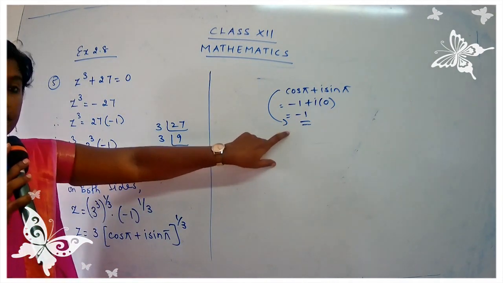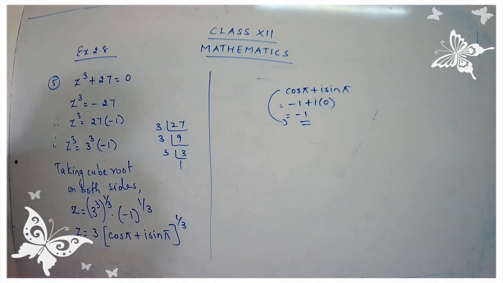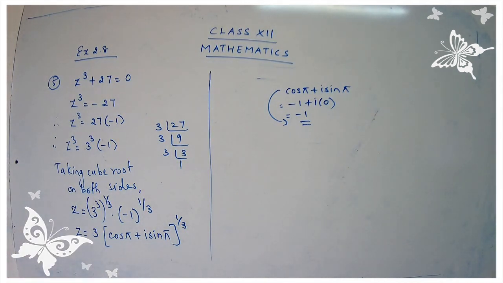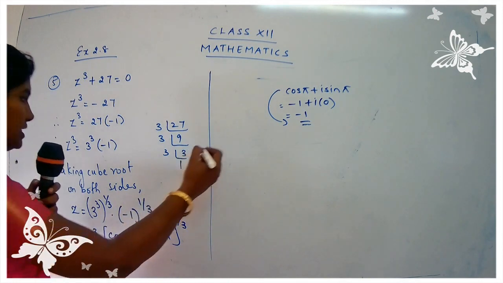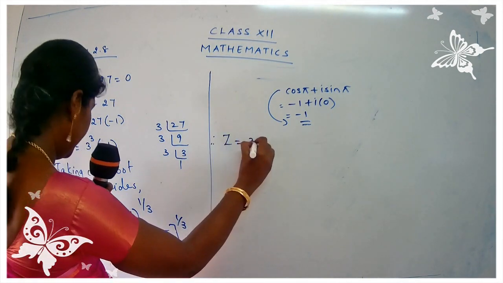You have to show this step, children. Take down the steps. Have you taken down the steps? Okay, so now let us apply De Moivre's theorem. Which theorem are you going to apply here? De Moivre's theorem. When you apply De Moivre's theorem, what happens? Yes, the power goes to the angle. So what do you get here? z is equal to